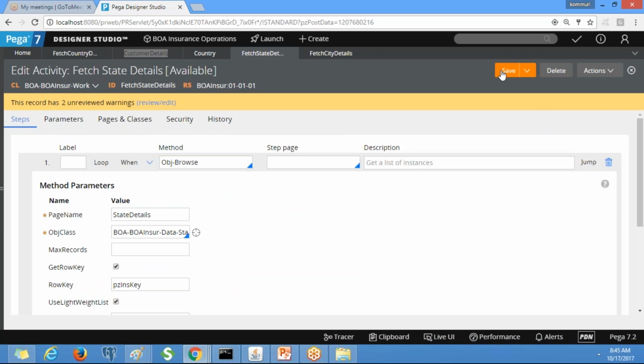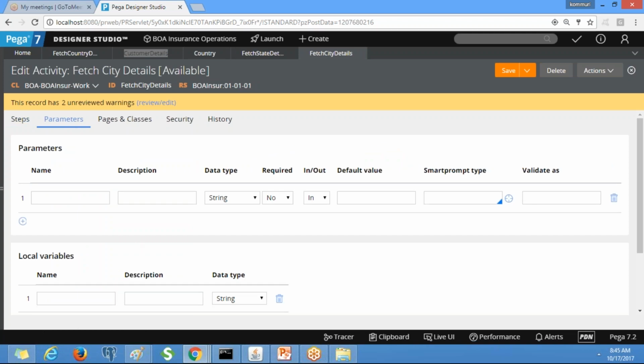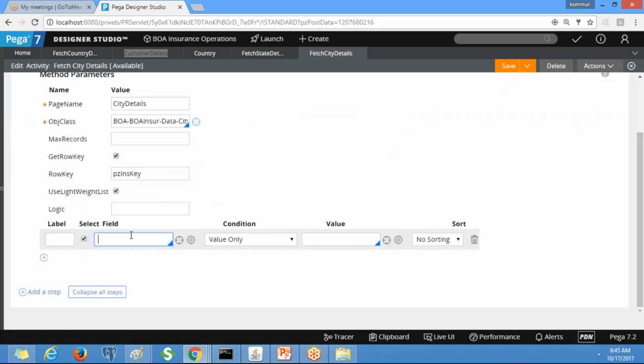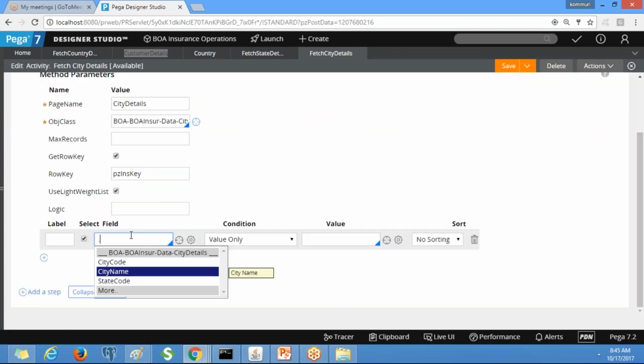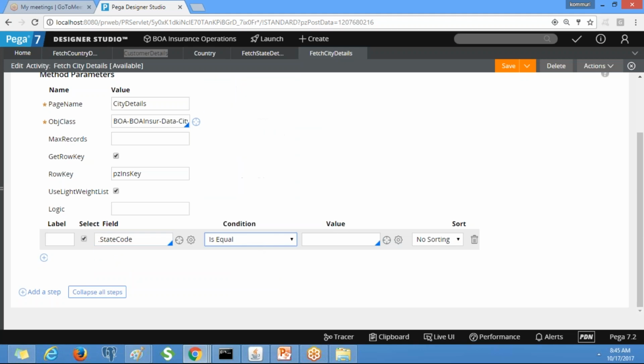Now similarly we need to define it for the city details. Now you tell me what would be the parameter here. State code, right? Go to the steps, tell me, state code is equivalent to what is the value here?